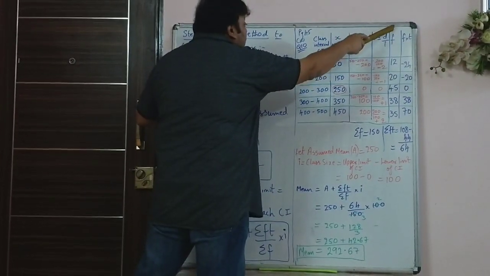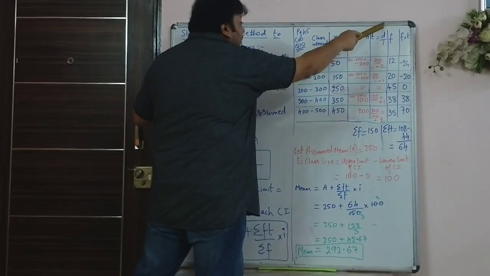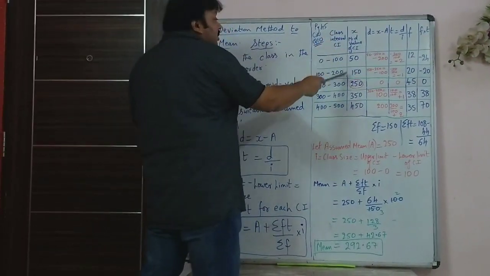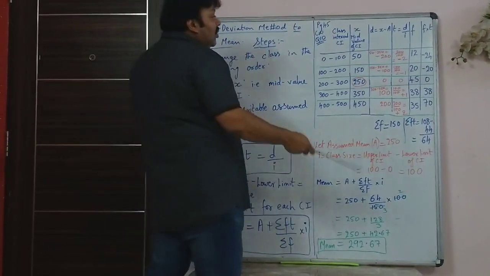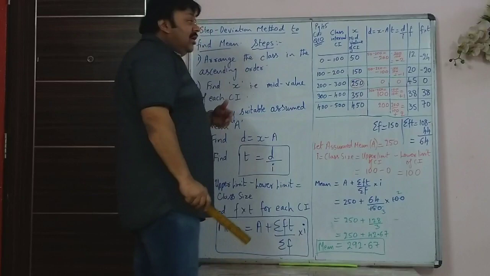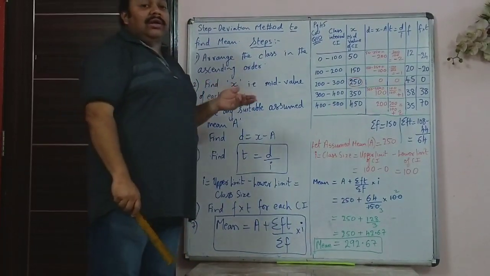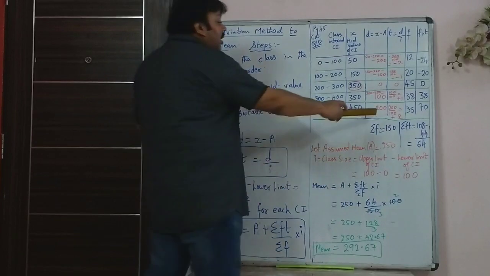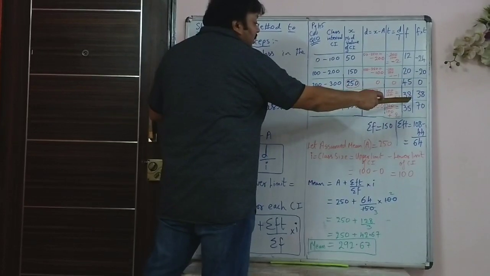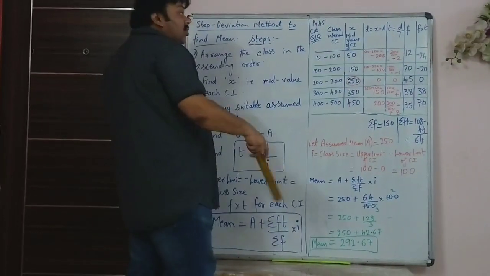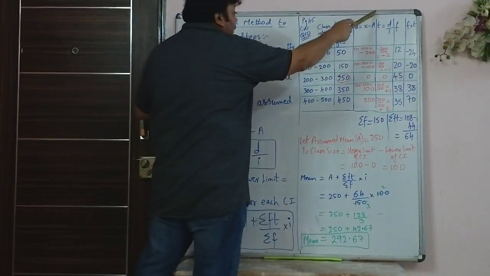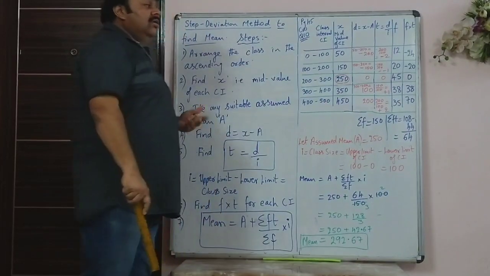Try to write these columns adjacent to each other so that you multiply the correct columns. Sometimes what happens is that immediately after class interval you write the frequency column. So you will end up multiplying something wrong, and instead of f into t it becomes f into x or something like that. So then the entire sum goes wrong. So that's the reason why I have written f and t beside each other so that my multiplication is with the right two columns. You can write f here if you want, but then you have to be careful that the f column and t column are correctly multiplied.